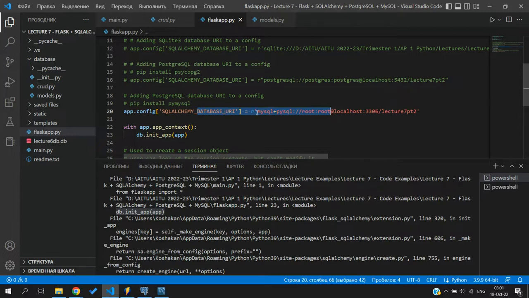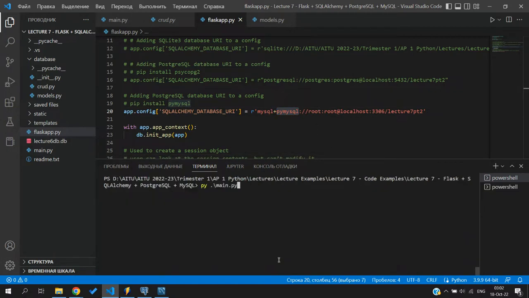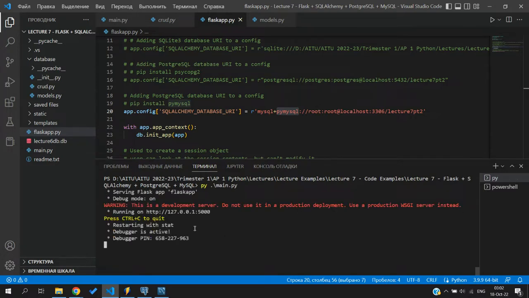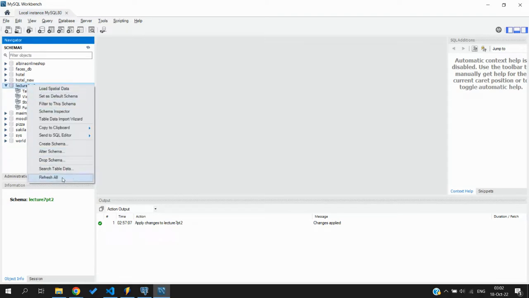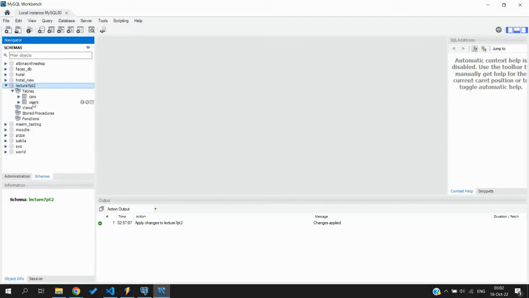It's correct. So it's equal to mysql plus. Oh, sorry, PyMySQL. So yeah, typo mistake. This should be PyMySQL, guys. And yep, so now it's going to work. Gosh. So we are good to go, and now we can see that in Workbench we have tables. Yeah, two new tables. So users, which is actually empty,